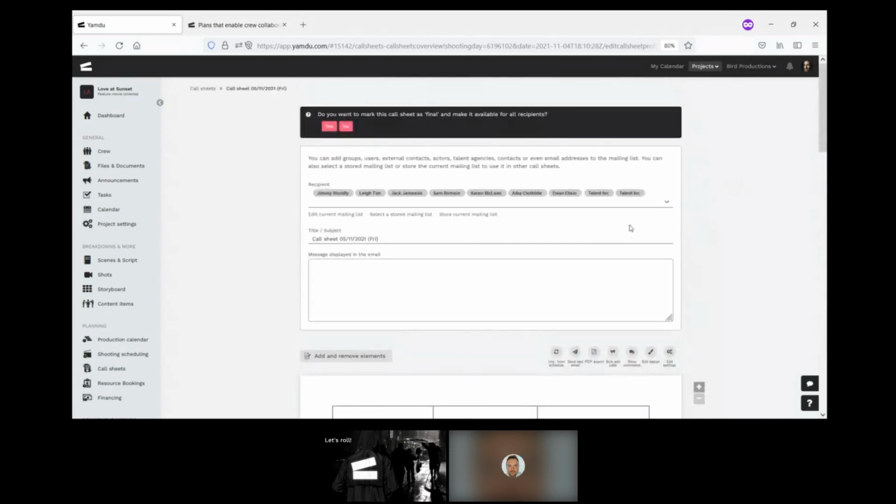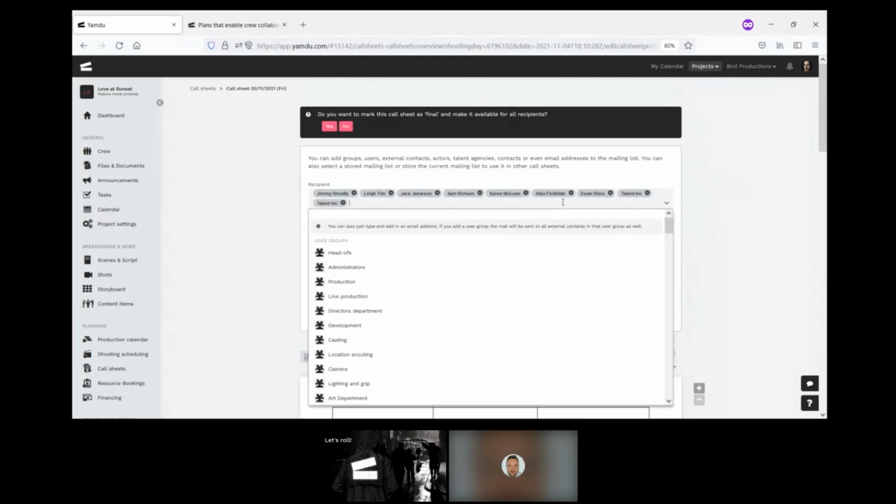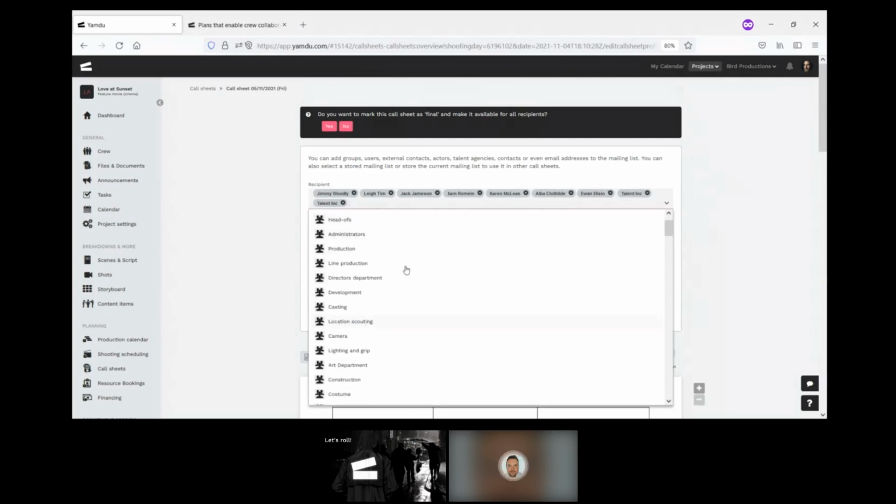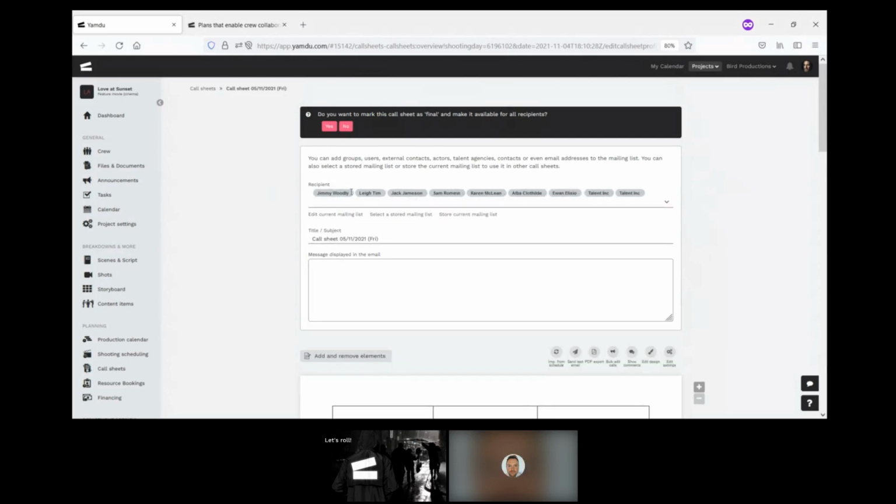So let's say that I've created that call sheet. It is the one that I need to share for this shooting day. All I have to do is simply select the recipients. Actors and agencies are automatically added to the list, but I can add all of my different departments or everyone, or I can simply add individual people or email addresses or mailing lists, and I can actually send this out directly through Yamdu itself. I can add a message to the body of the email if I want,